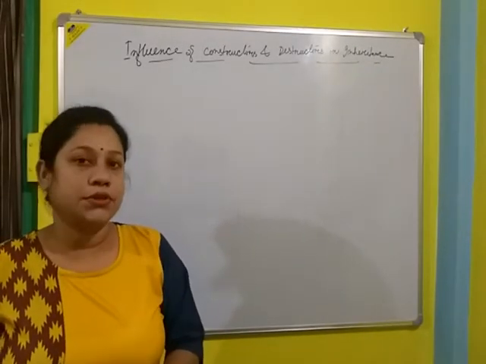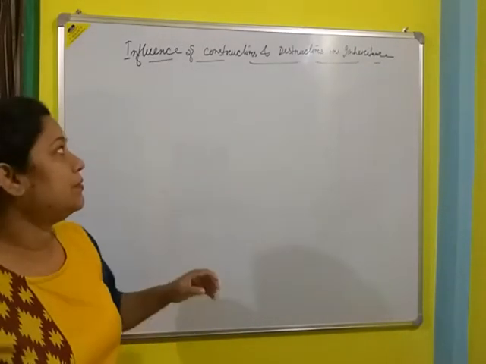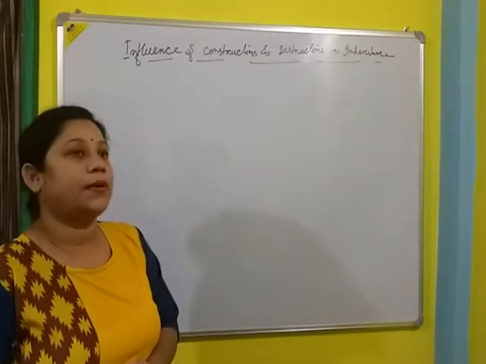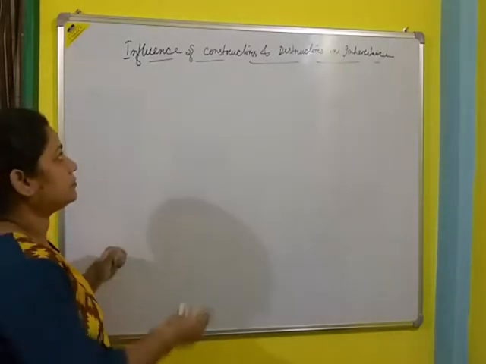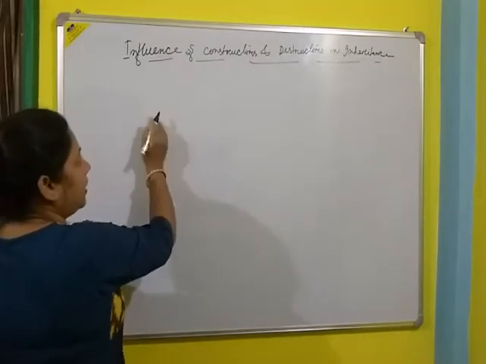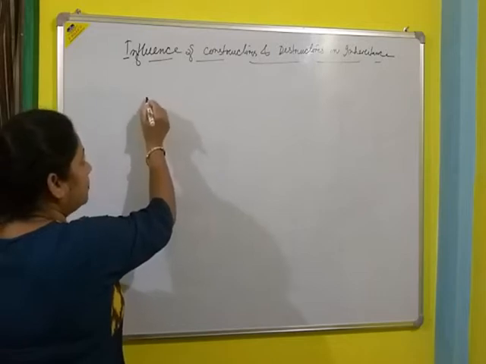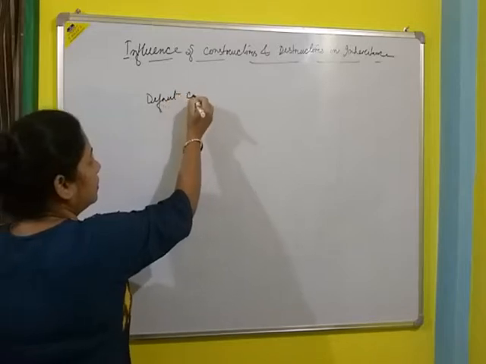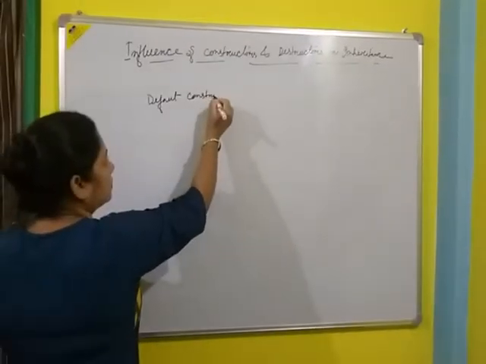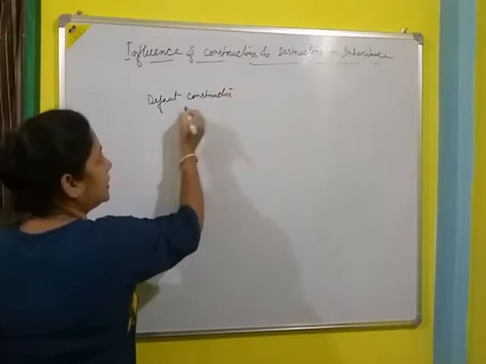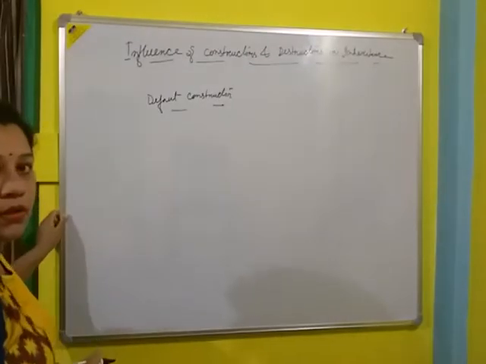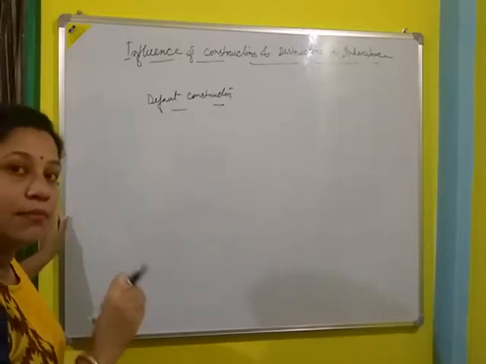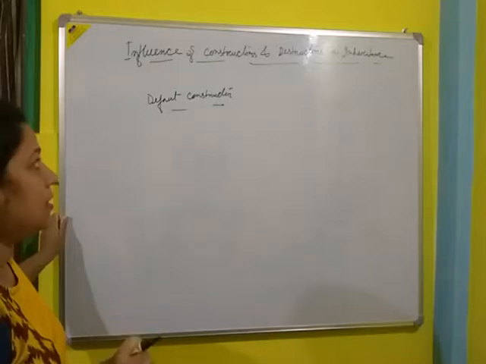Okay, now come to the point that is influence of constructor and destructor in inheritance. So first of all, if in a program we have a default constructor, suppose the default constructor is present inside the base class. Okay? Then